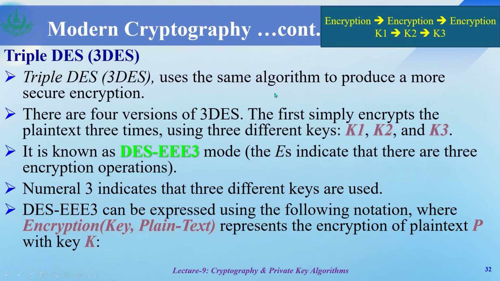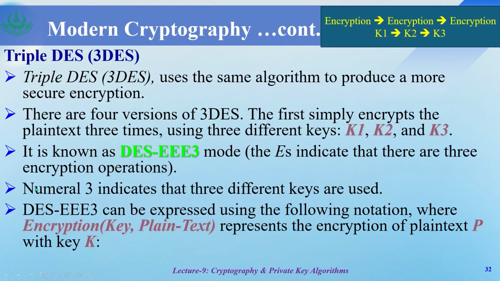Triple DES algorithm uses 3 rounds of the algorithm with different keys. It uses the same algorithm to produce more secure encryption. There are 4 versions of 3DES. The first simply encrypts plain text 3 times using 3 different keys, K1, K2, K3. It is known as